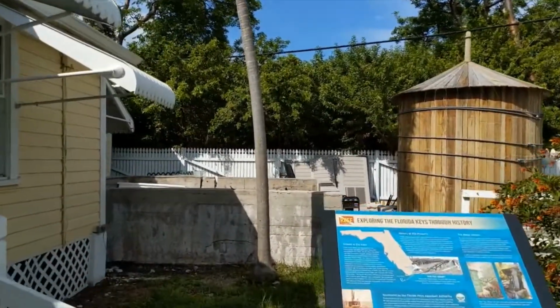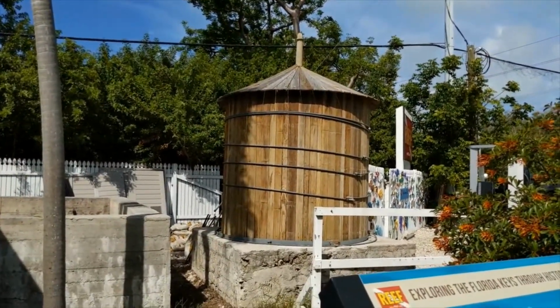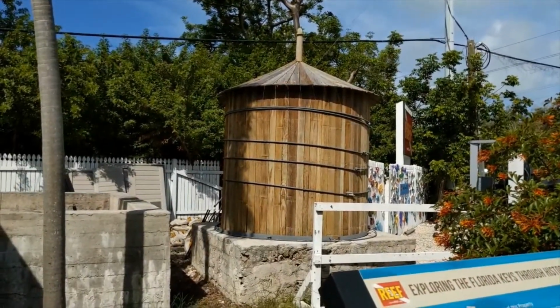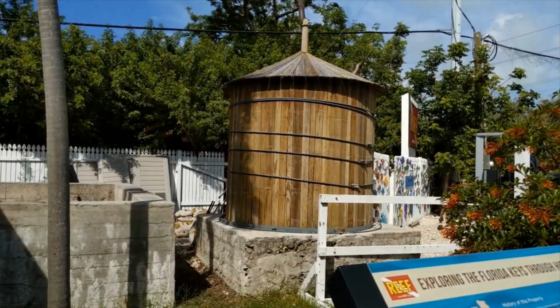Now, the round cistern still looks relatively intact, and that is not by accident, but in 2014, Jerry Wilkinson, president of the Historical Preservation Society of the Upper Keys, their group